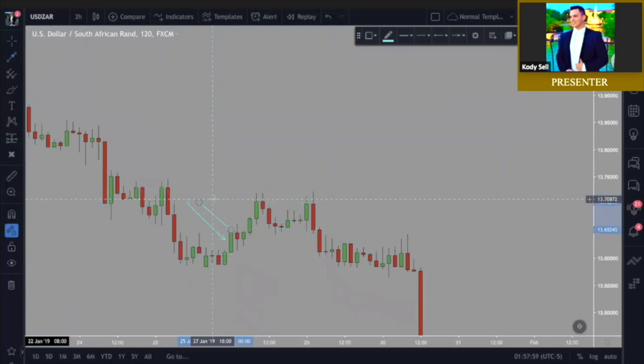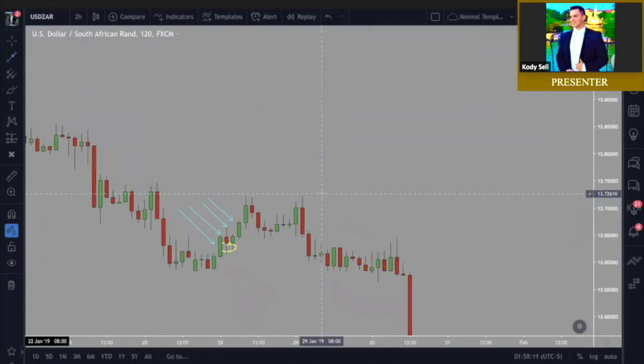Pretty much indecision in here, and then we see even a little bit of wick. Look at this, a wick to the downside right here. So we're seeing pressure from underneath right now. And then here we go again with the nice bullish candlestick. Okay, so the environment in this area